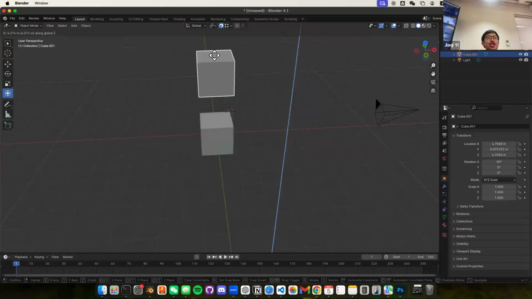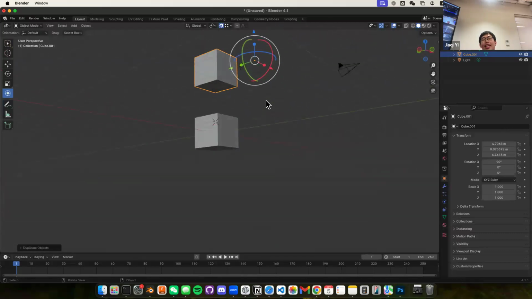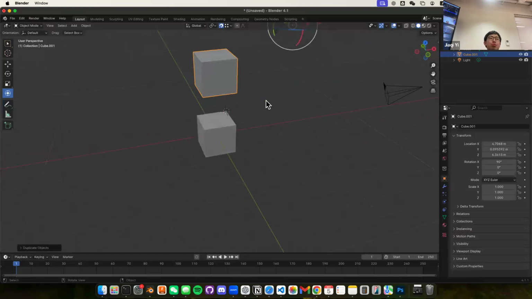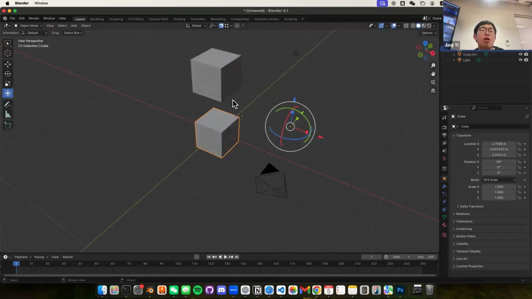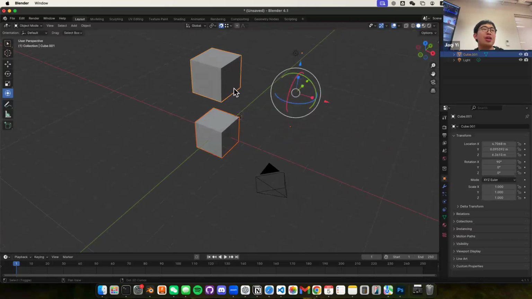So this is the duplicating. So now you have 2 cubes. We can now test what grouping and different stuff mean. Our goal is to make these 2 together, and when one is moving, the other is going to be moving with the one. If you're selecting,